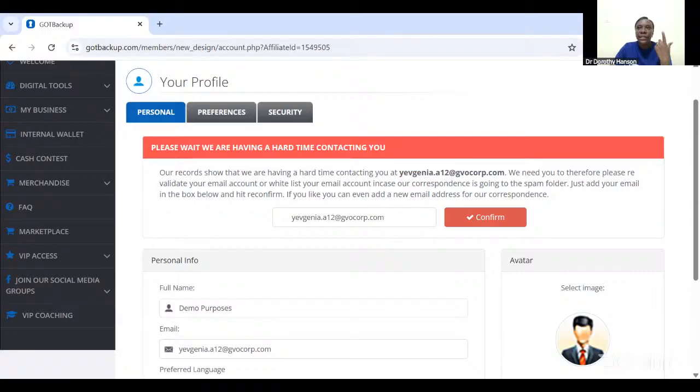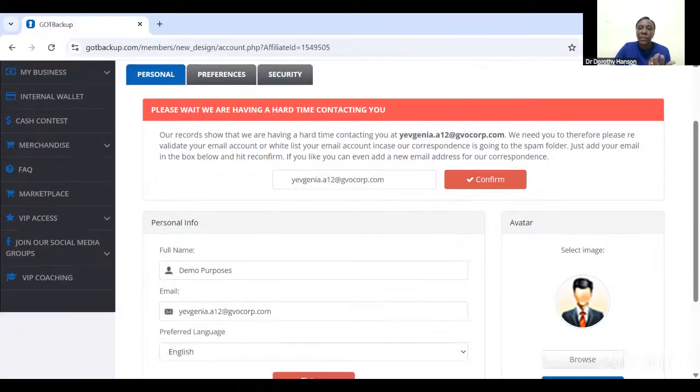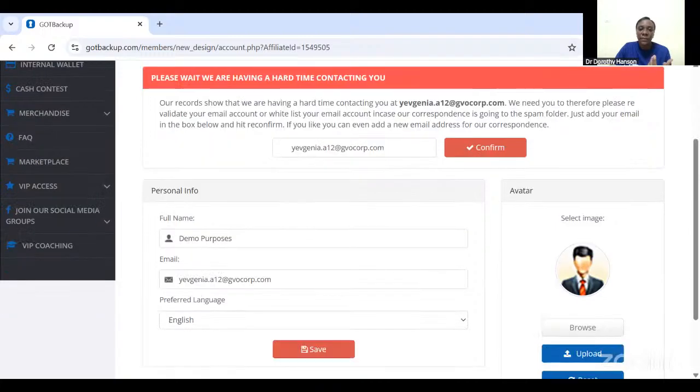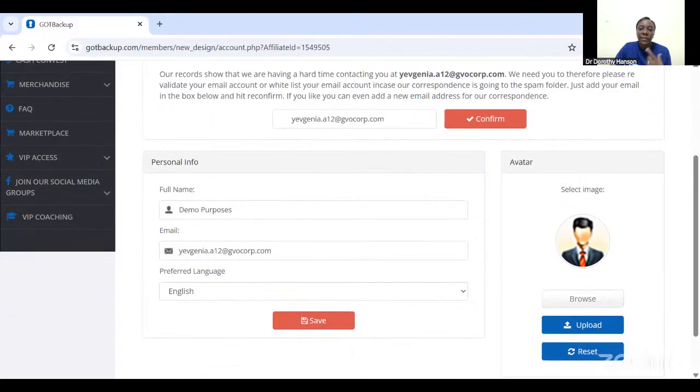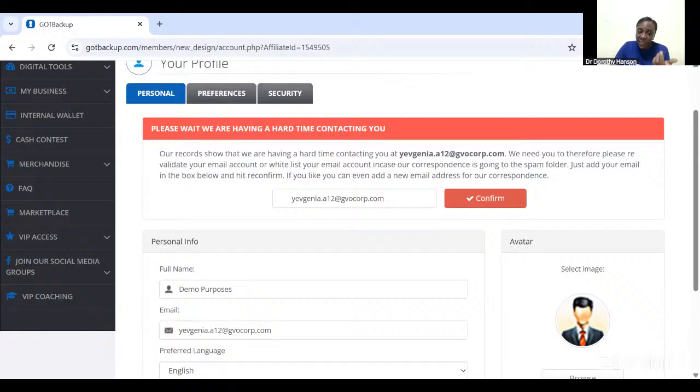They'll send you an email to confirm that it is working. You have to respond to that email before it will be accepted. So changing it here does not necessarily mean it's taking effect. You change it, you confirm, and then that email is sent to you. You respond to that email in the new email that you put in, so that they'll acknowledge that correspondence is